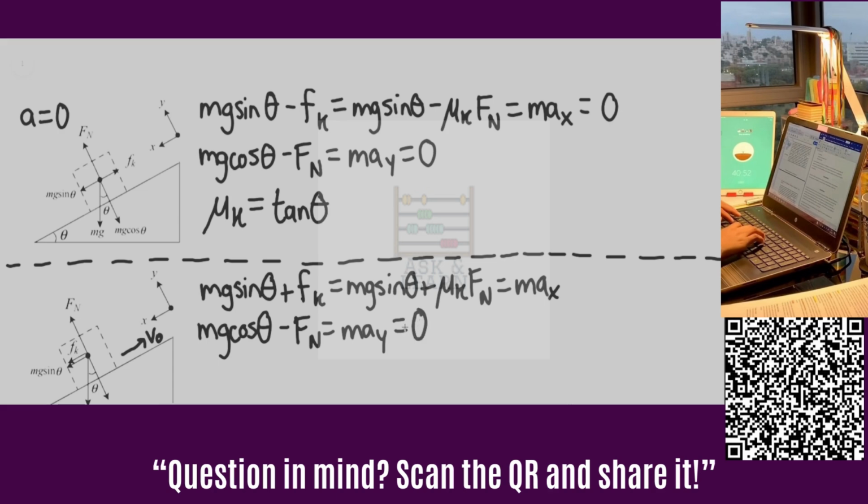And so note that here the acceleration in the x direction will be greater than 0. However, it still means that the acceleration is downhill, because we chose downhill to be positive. And so the speed of the block will decrease as it moves up the incline. And so for part A,